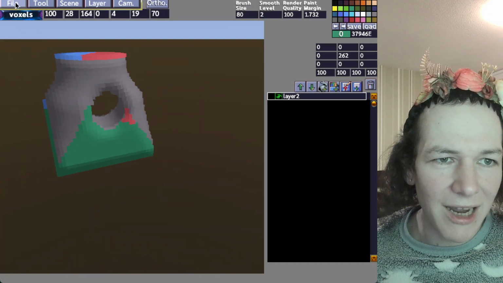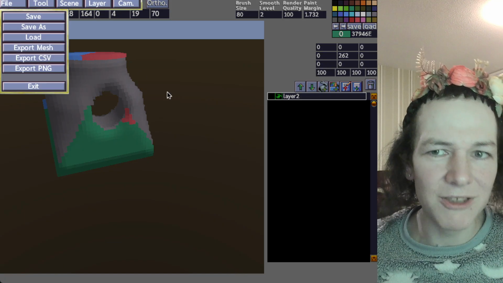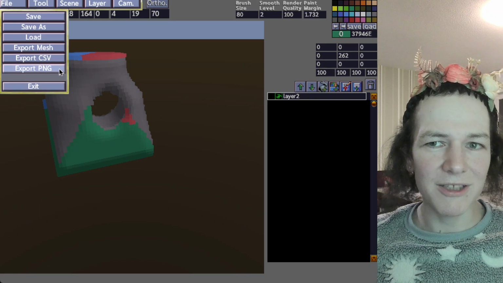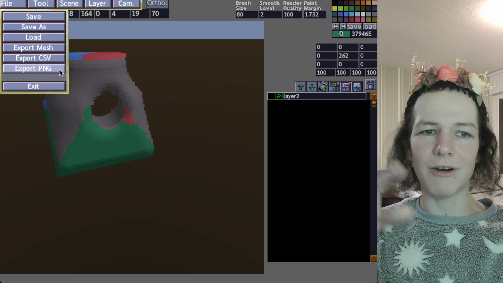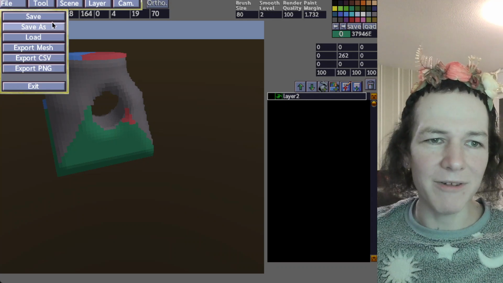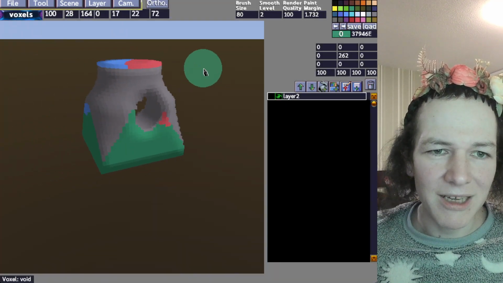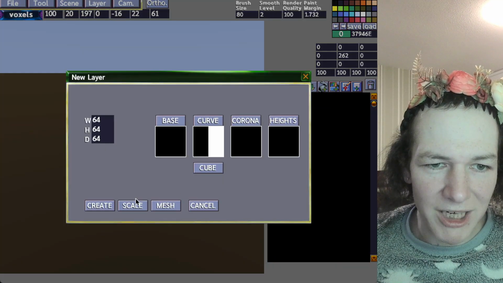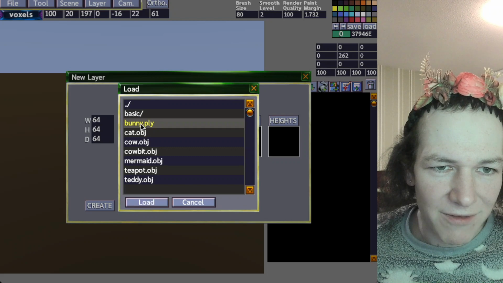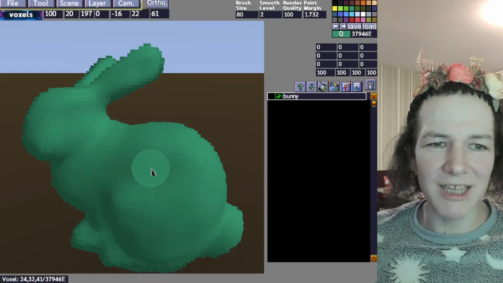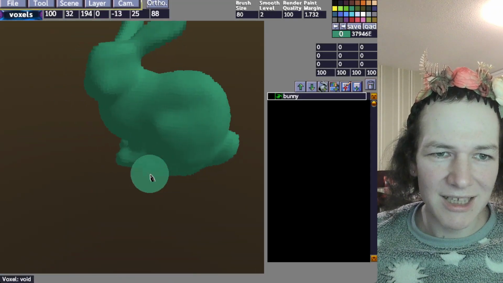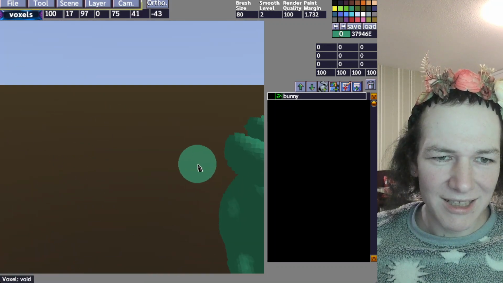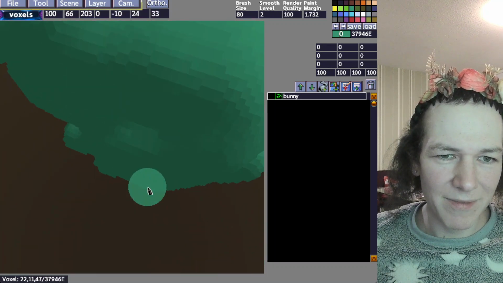We can also export it as a mesh, so it can be edited in GIMP, or we can put it in PNG, so it can be loaded into other professional software, or we can also import PNG. And we can also import meshes, so let's load the mesh. We have the bunny, that is the classical stand-in for a bunny. It is the green one. Like that, bunny, and we can make, I don't know,